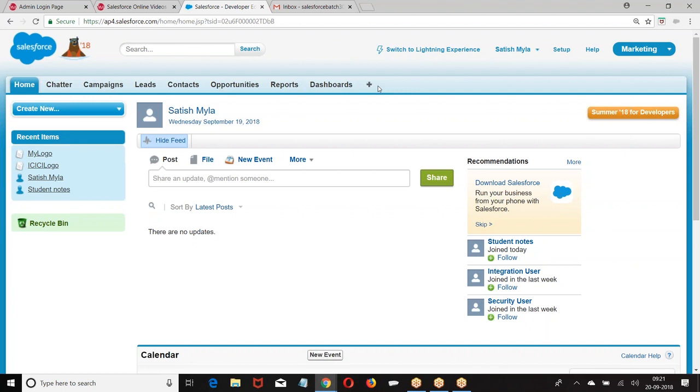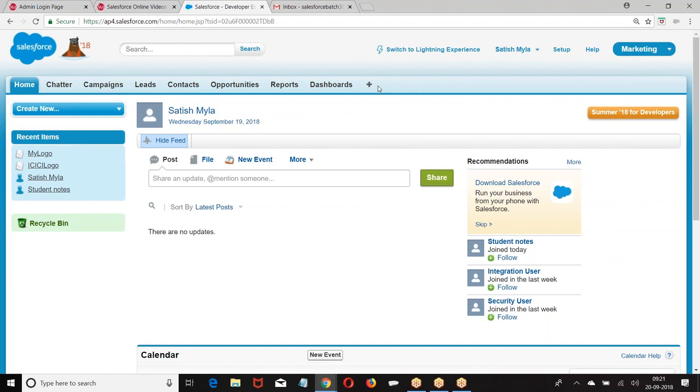Now there are two types of applications: standard application and custom application.